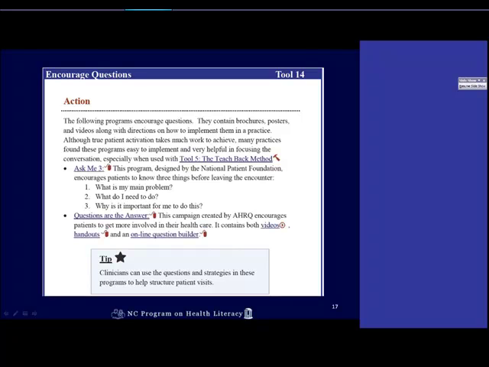Of the patients that she asked, she did, at least in this initial test, get a yes answer to did you get all your questions answered. She didn't get any no's. But as we tested on other days and started to expand, she did get a couple of no's. And what we discovered with that was, well, if you're going to ask the question, you better have a process if you do get a no.